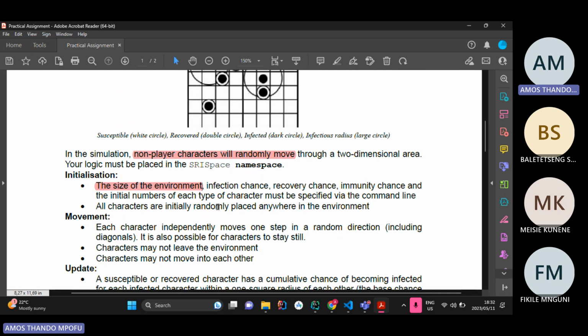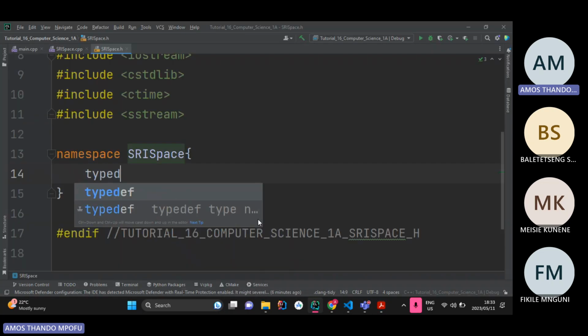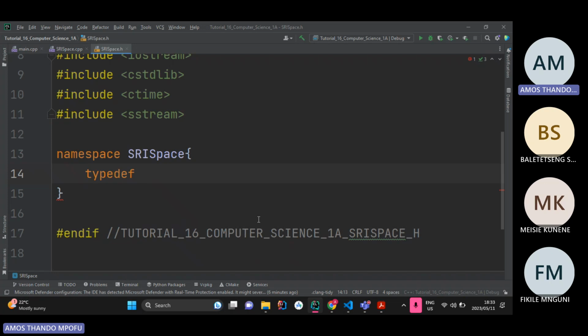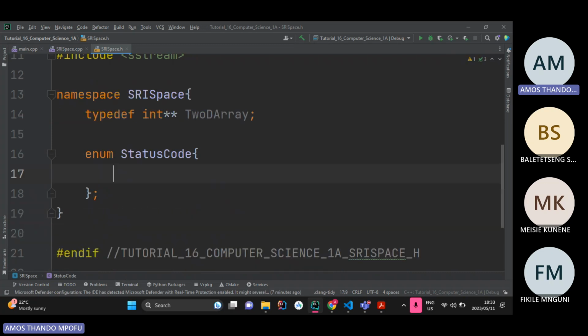So before we do that, let's create our arrays, right? I'm gonna create an array, and I'm gonna define a type for it. So typedef to the array, and then I'm gonna create a structure, enums and so forth. So let me start with the enum for status code. The enum for status code, you're gonna start with success. Okay, since it's a status code, let me start